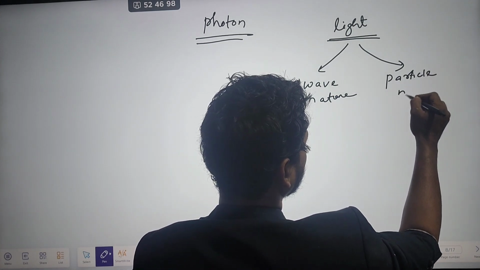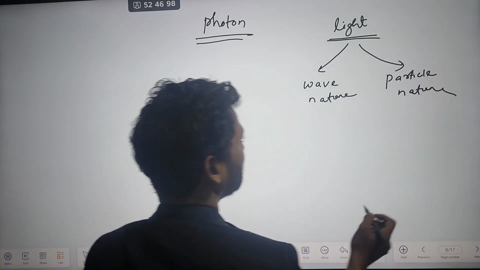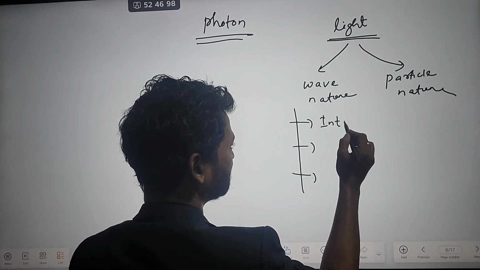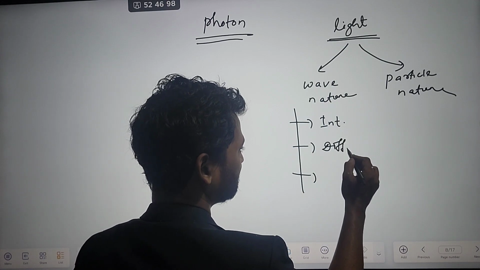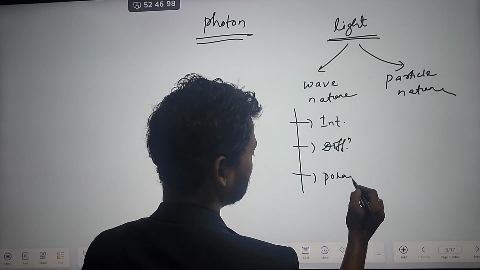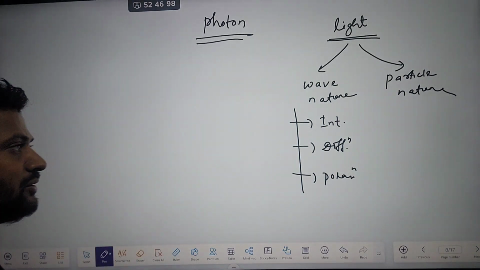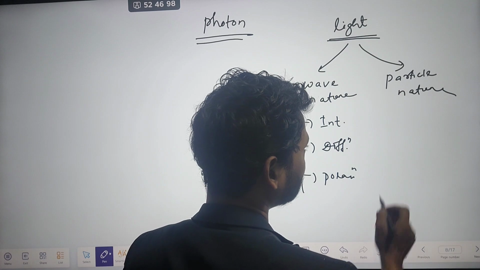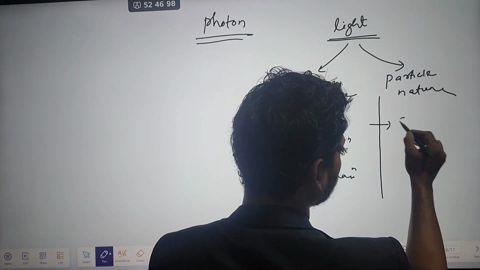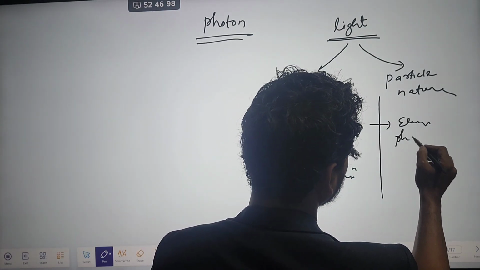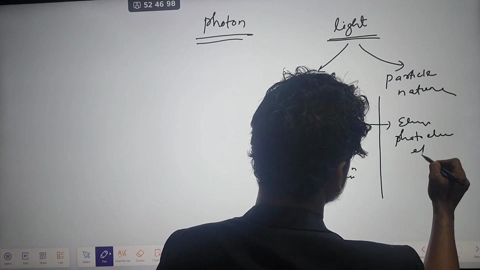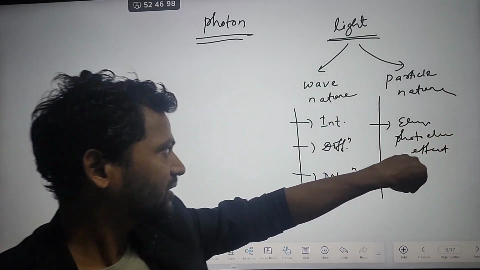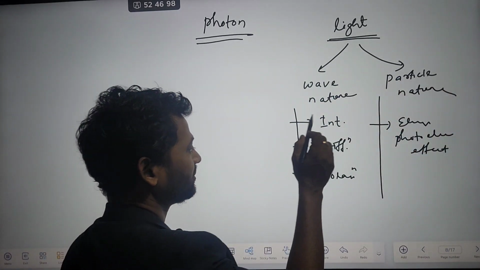Again I repeat, light has two natures, wave nature and particle nature. Wave nature can be explained by phenomena like interference, diffraction, and polarization. So these are the phenomena of light which can be explained by the wave nature of light, and particle nature can be explained by Einstein's photoelectric effect. Photoelectric effect, meaning particle nature can be explained by photoelectric effect, and wave nature can be explained by interference, diffraction